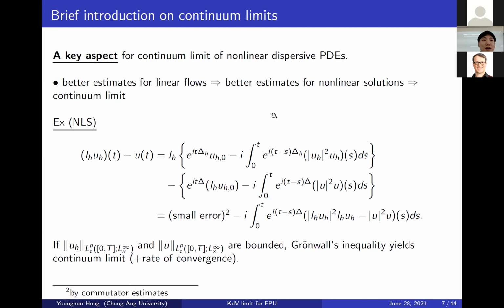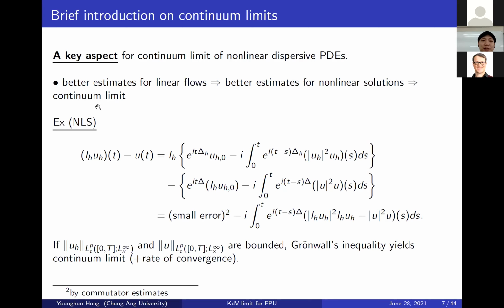various settings, in many situations, the proof of continuum limit can be, more or less, essentially reduced to proving a good estimate for the linear flows, because in PDE, a rule of thumb is we may have a good estimate for the nonlinear solution if we have good linear bounds. Okay, and once we have more information about the nonlinear solution, we can use this additional information